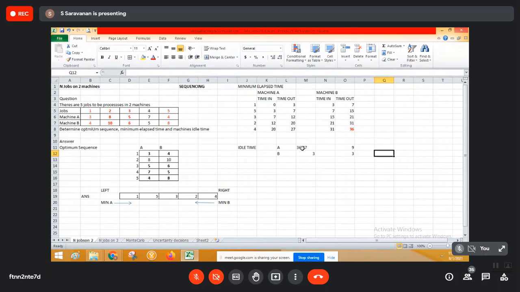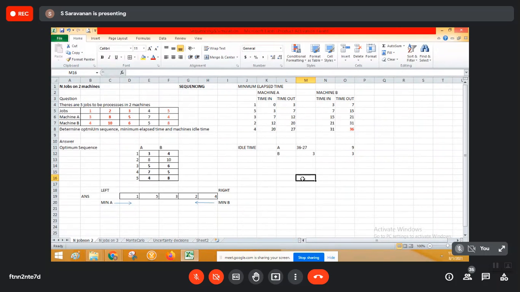Okay, so this is 26. Yes. But I couldn't understand this way of thinking. I was thinking from 12 to 15 that is 3 minutes, and 20 to 21 is 1 minute, and 27 to 31 that is 4 minutes. So I thought it would be 8 minutes, but you are telling that from the job completed till the timeout, that duration we need to calculate.